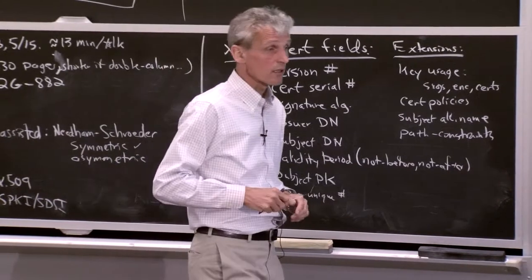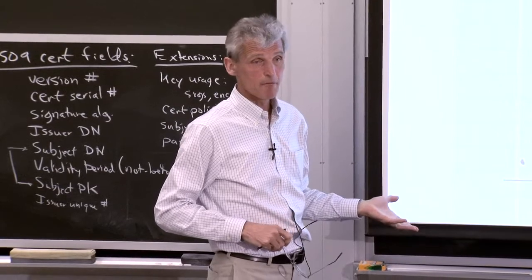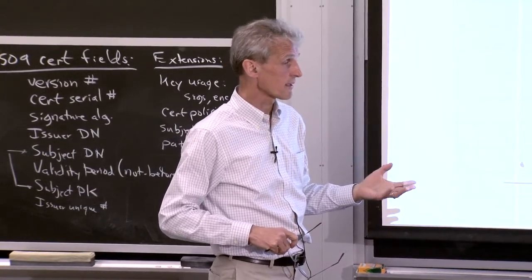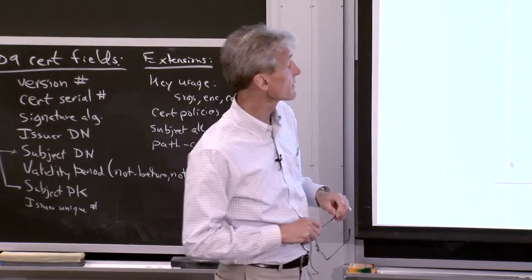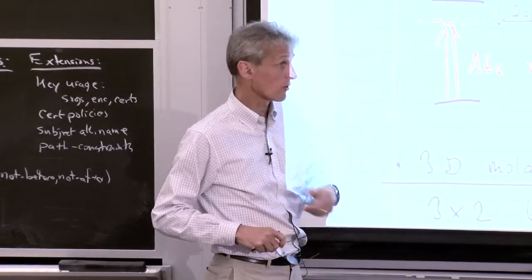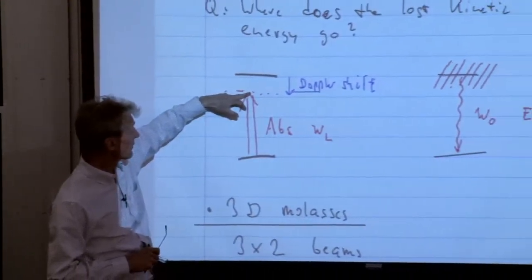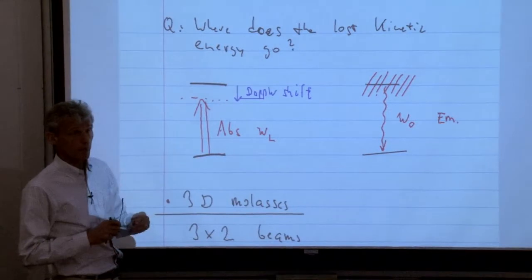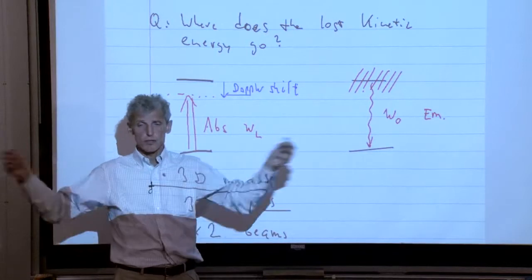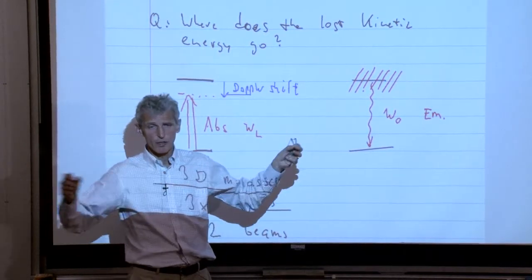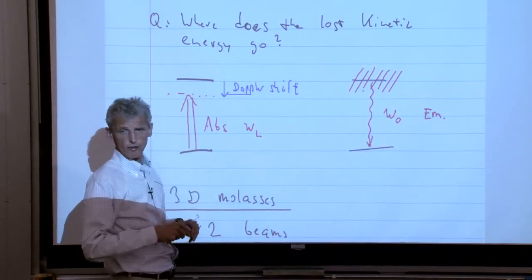Okay, we had a discussion last time: we have the force, and we find exactly what happens to the atoms, but we may have to think about it in different ways to figure out where the kinetic energy goes. I think we mentioned already in the last class that you have a laser, the photons are absorbed, but the atom is scattering light in all directions. If you go at 90 degrees, you don't have a linear Doppler shift. If you go forward and backward with the same probability, a symmetric pattern, the Doppler shift averages to 0.